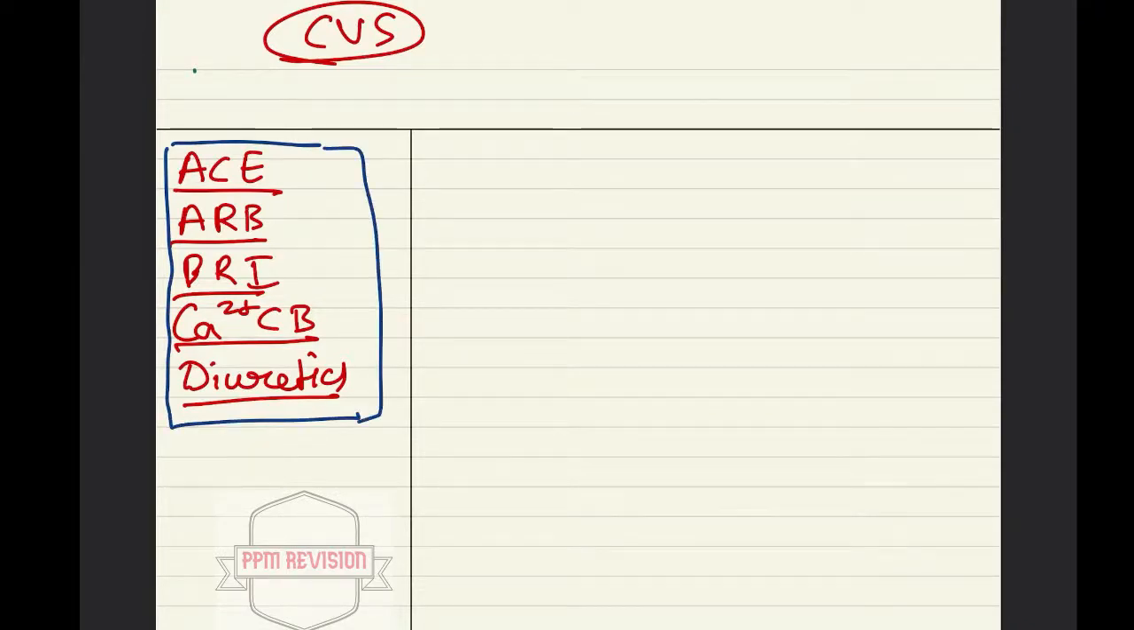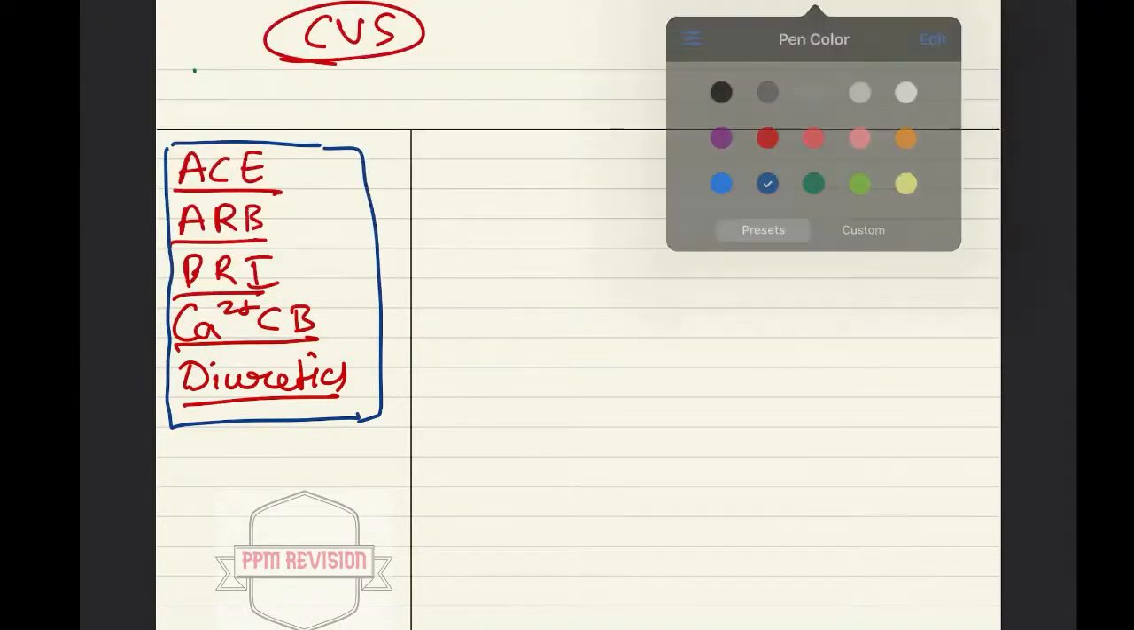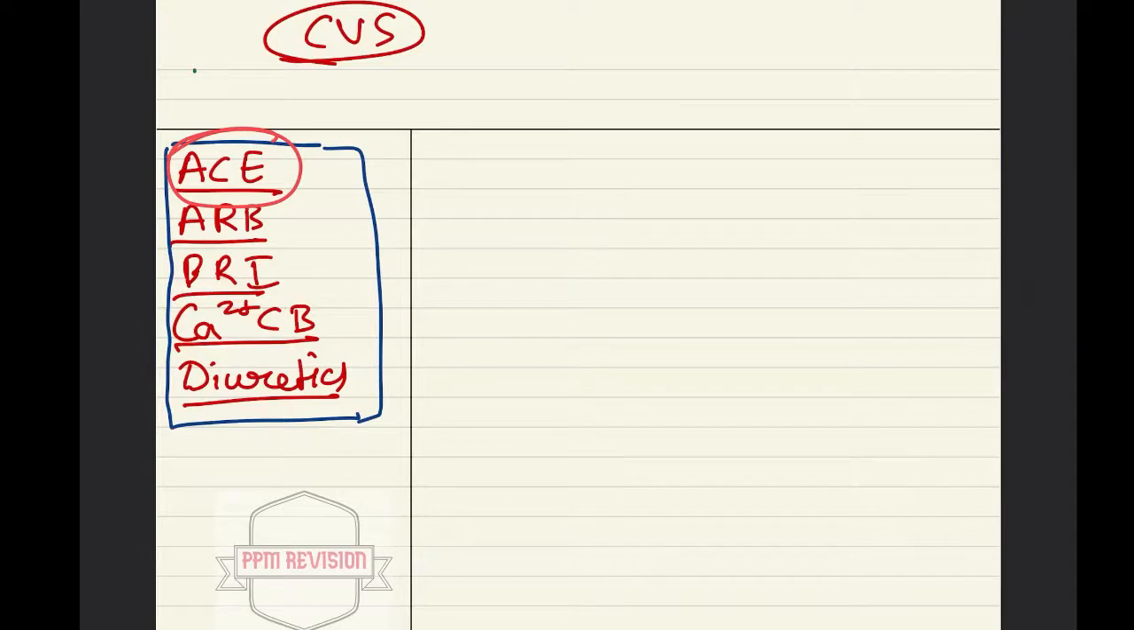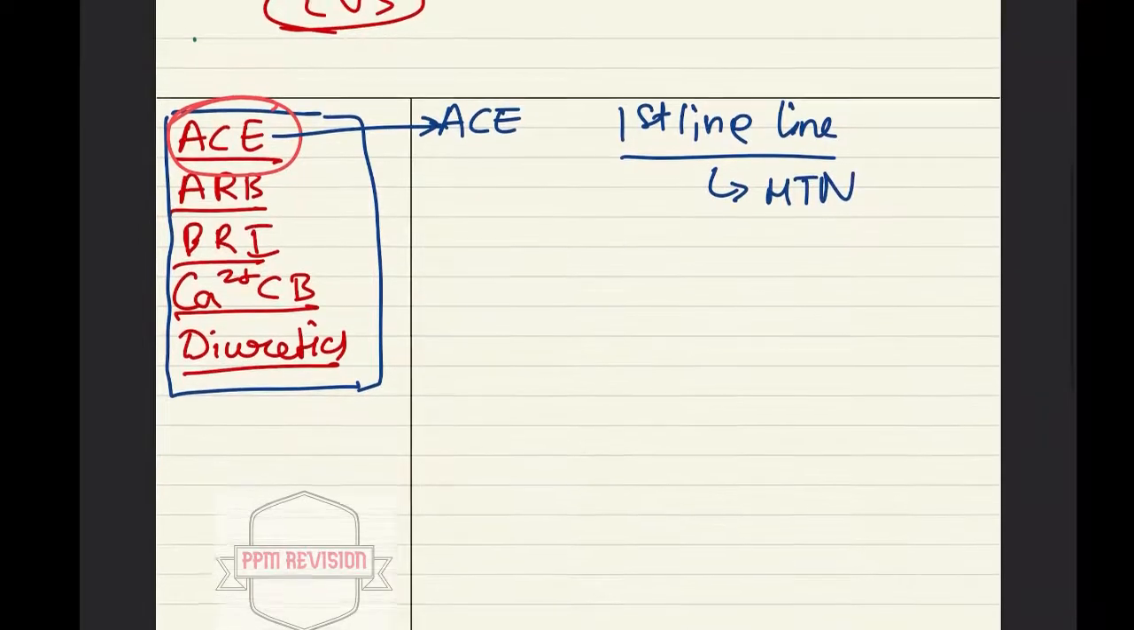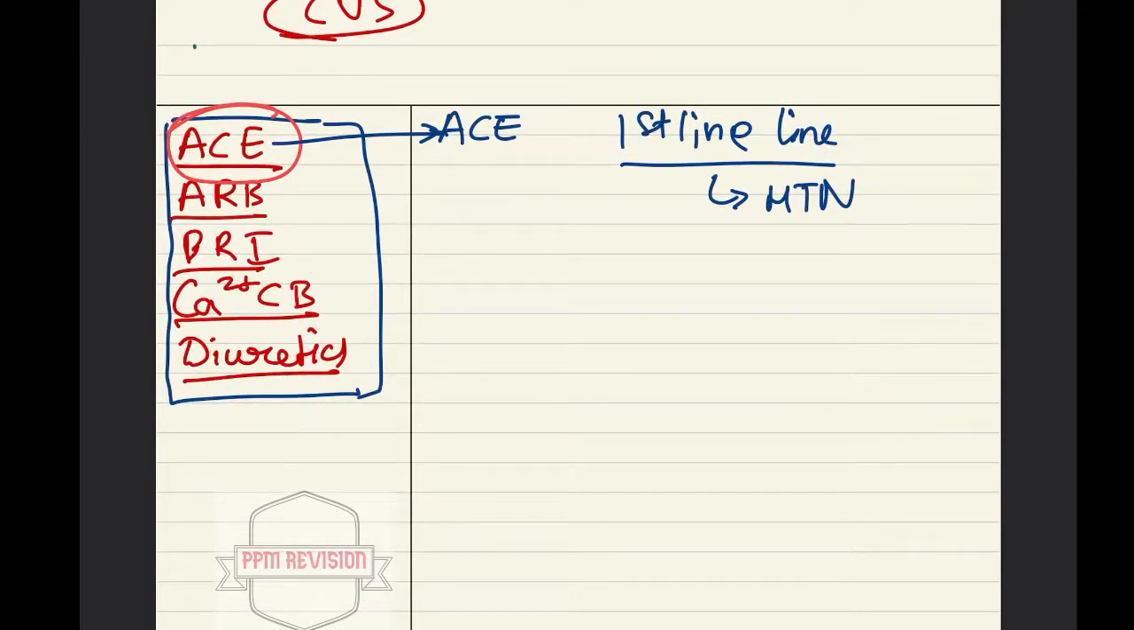Okay, so now moving ahead, we'll be looking at ACE inhibitors. Now the topic of discussion is ACE inhibitors. So looking at ACE inhibitors, it is nothing but the first line drug in case of hypertension. Now just looking at the mechanism of action of the ACE inhibitors,